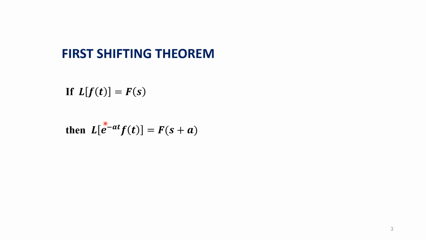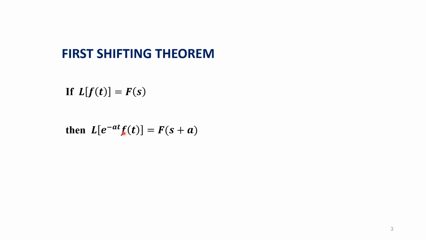So whatever is the function other than e raised to, we have to calculate the Laplace transform. The function other than e raised to minus at here is f of t. So we have to calculate L of f of t. Calculate the answer. It is going to be a function of s. That is F of s we will get. So calculating L of f of t, which is equal to F of s.